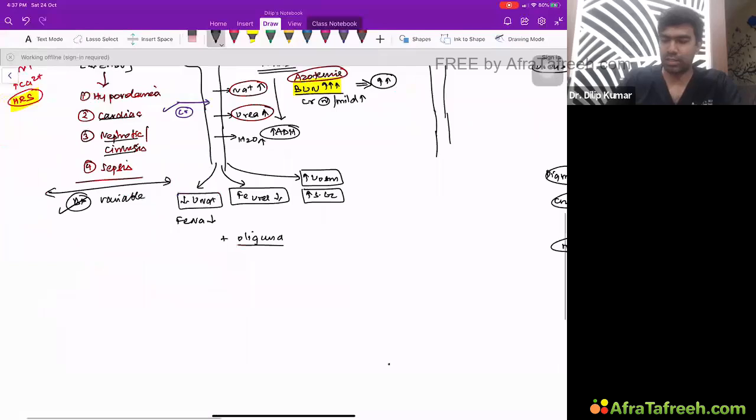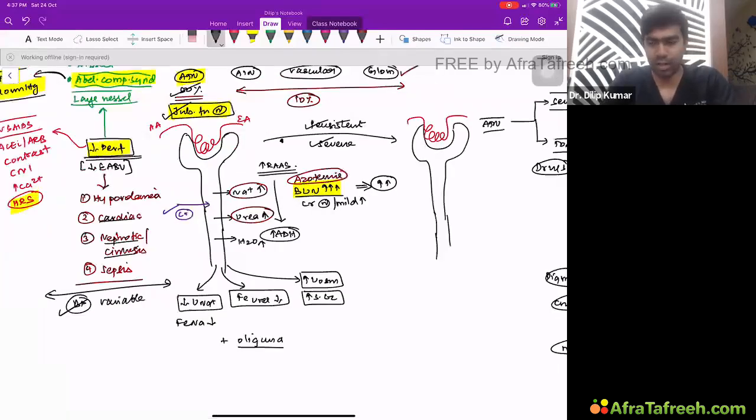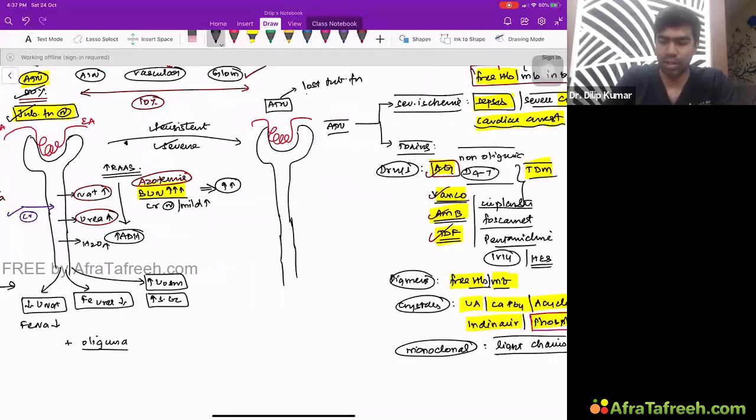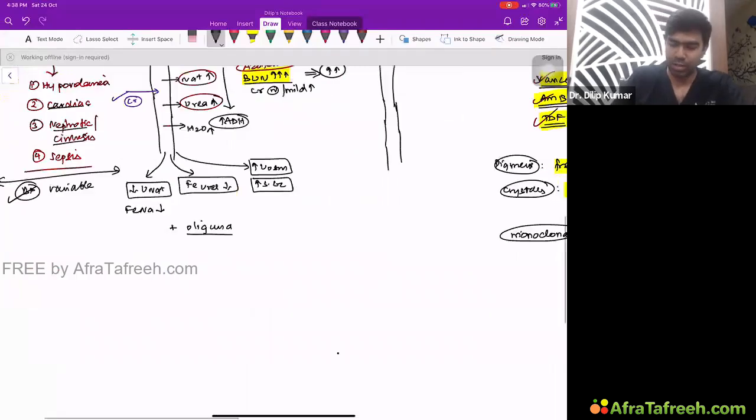Fine. So this is all about the pre-renal failure. So now we are going to the intrinsic renal AKI. That is the acute tubular necrosis. Now we are talking about acute tubular necrosis. In acute tubular necrosis, by default, you are having a loss of tubular function, which means the tubular function is not there in the first place. And more importantly, if you see the urine